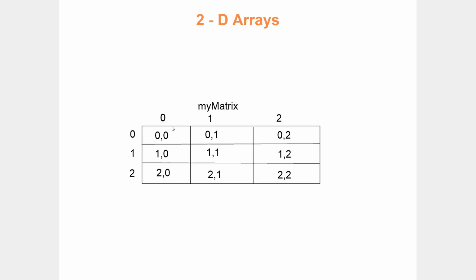This particular cell is located at 0th row and 0th column. That's why the address is going to be 0, 0. This particular location is located at 0th row and first column. That's why it is going to be 0, 1. And this is located at 0th row and second column. The address is going to be 0, 2. But this is not the complete address. So the complete address is going to look like this.